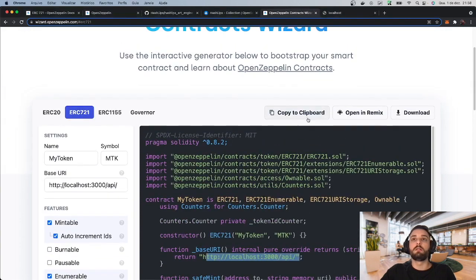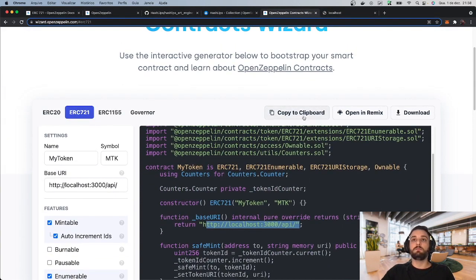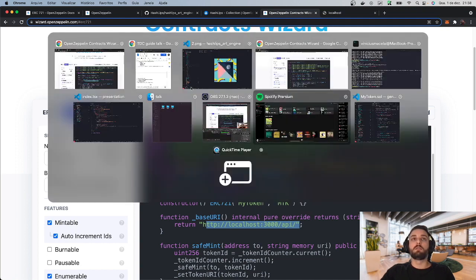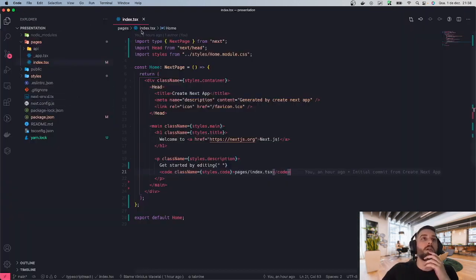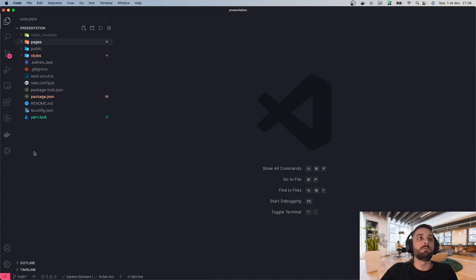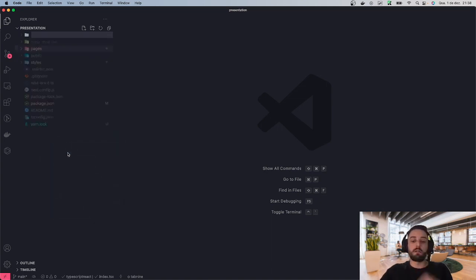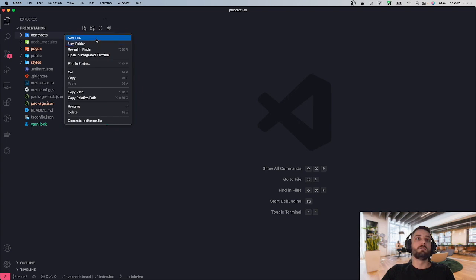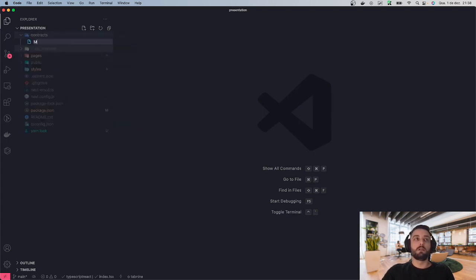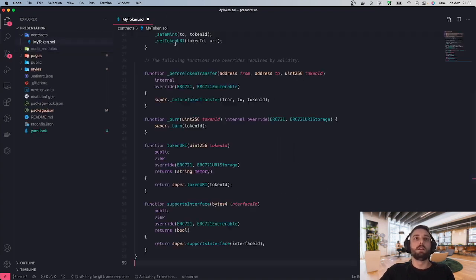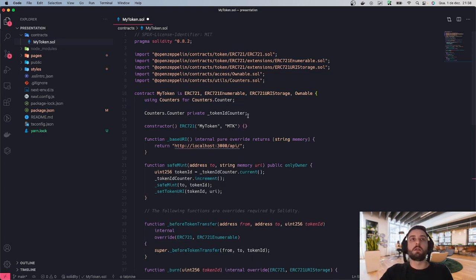We can copy this code, and I'm going to open another project here. Right now it's just a Next app, really basic, but it doesn't matter right now. I'm just going to use the same repo for everything to make life easier. So I'm going to create a folder here called contracts, and also a Solidity file called MyToken, and paste the code that we just had. And also here